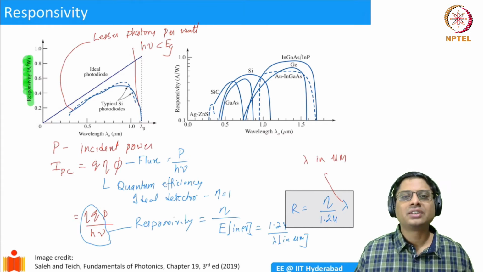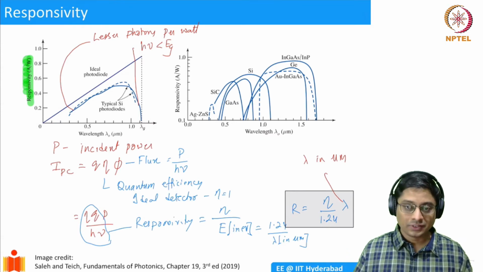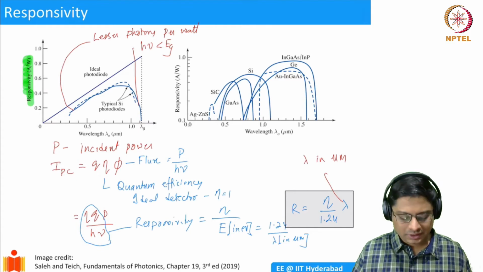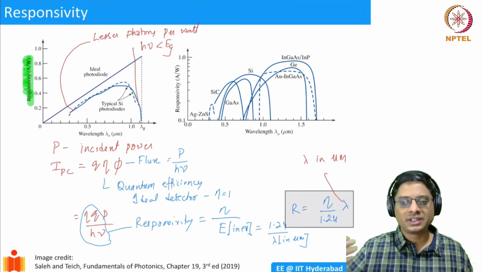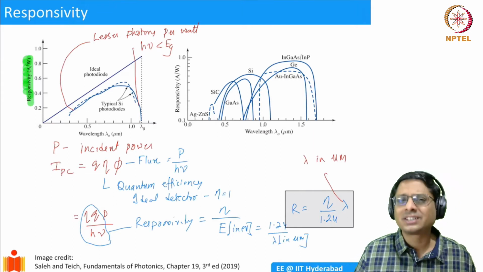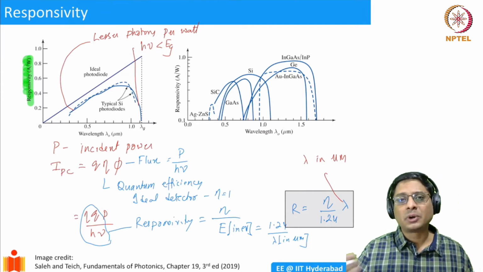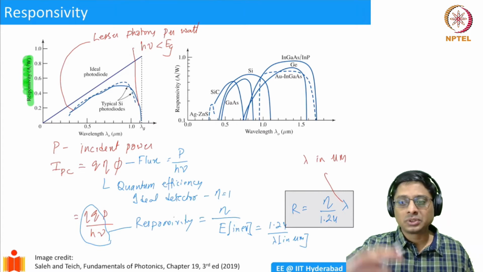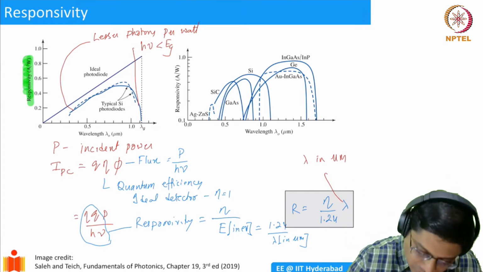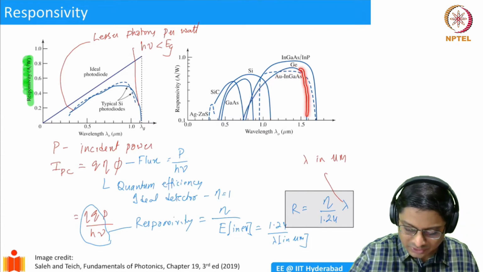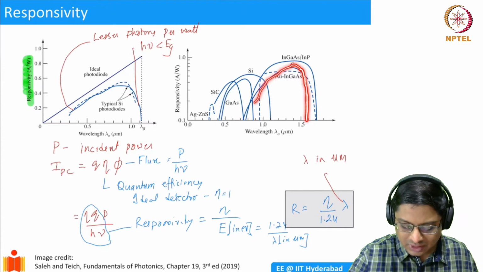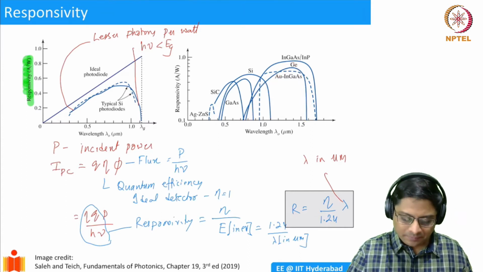It turns out that you can have various materials, because in the beginning of the photodetector discussion, I said that we would like to have detectors in various wavelength ranges. For silicon, you can go up to 1.1 microns in the longer wavelength range, but you can't do better than that. So if you want longer wavelength detection, we need to use, for example, germanium. Germanium has a band gap of 0.8 eV. That means it can detect up to 1.5 microns or so. So that's why you see that this curve is germanium, which has photo detection up to 1.5 microns, and you have slightly better responsivity.